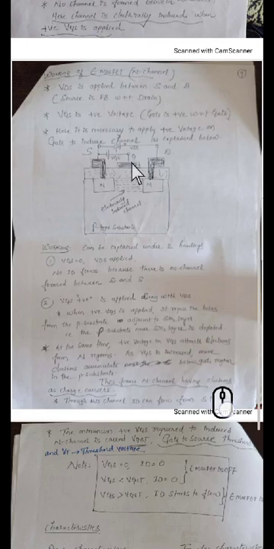insulated from the channel. Now the working can be seen under two headings, as we have seen in the previous videos also. We will consider only VDS now, keeping VGS 0. Then we will see what happens. Then we will consider VDS along with VGS and we will see the working. Taking up the first heading, that is only VDS is applied, no VGS.